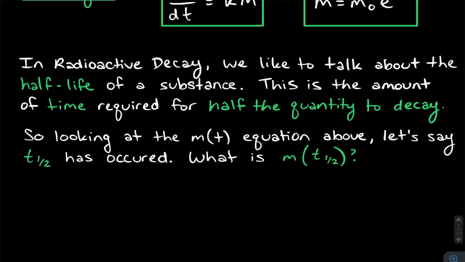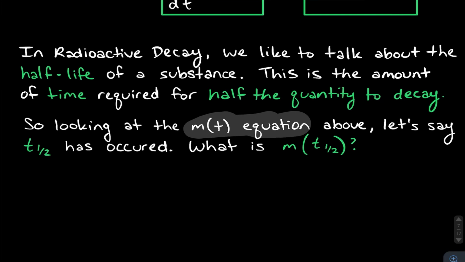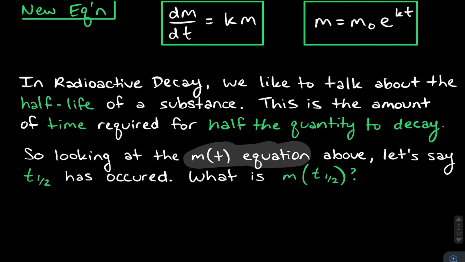So if we know that, let's actually apply this. And this is something you're going to see in pretty much any radioactive decay problem. If we look at the M of t equation, M of t is this thing, it's M after some time t. Well, looking at that equation, let's say that your half-life time has occurred. What is your new mass going to be, right? It seems like a really vague question, right? We're not given any actual information here, other than that we know that one half-life has occurred. So we're not plugging in any numbers here necessarily, but what we need to realize